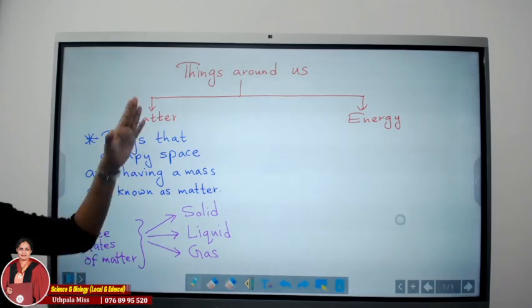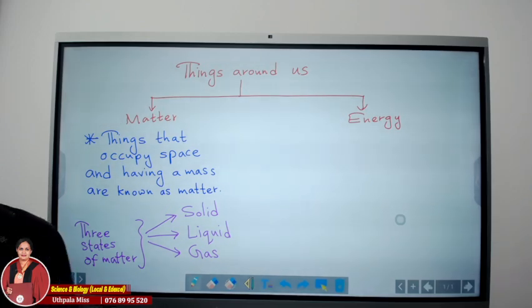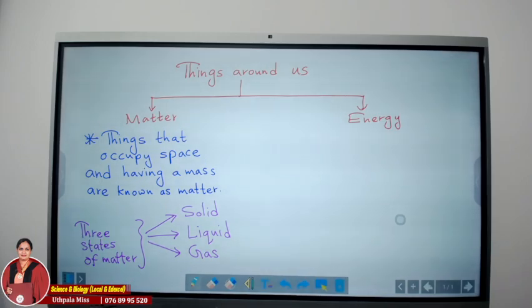So you can just take down this chart. We will fill up the other side after writing about this. We have to mention so many other things related to matter. Okay, start. You can have a very clear and nice note, so you can summarize the things when your exams are close by.